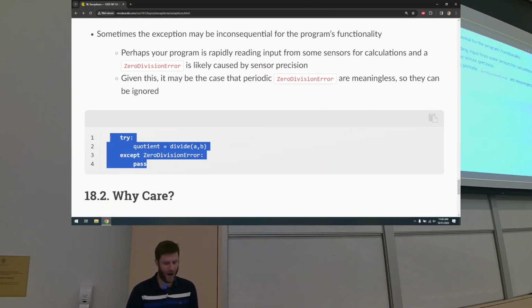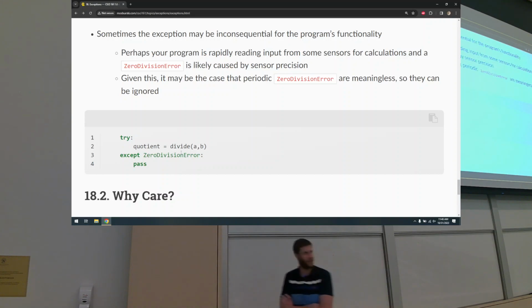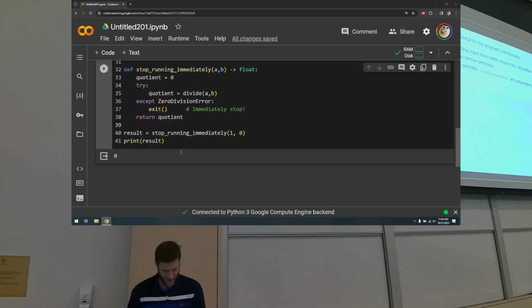Or maybe finally, if you get that exception, maybe you just want to ignore it. Maybe it really doesn't matter. So you catch it and then you immediately pass. Anyone know what the pass keyword does? It basically just tells Python to shut up. Let me show you, def